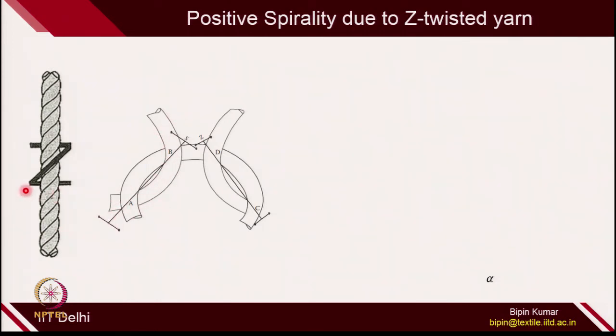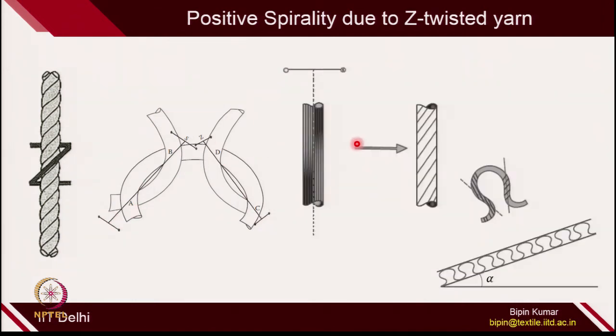additional S twist, the twist of the left side of the loop will be less and the twist of the right side of the loop will be more, because you are giving additional Z twist, or here you are giving S twist. So, the same yarn on one side will have less Z twist and the other side more Z twist. Because of that, the course will make a certain angle with the horizontal, which we have seen in the fabric